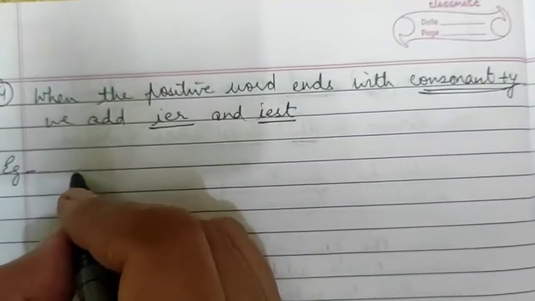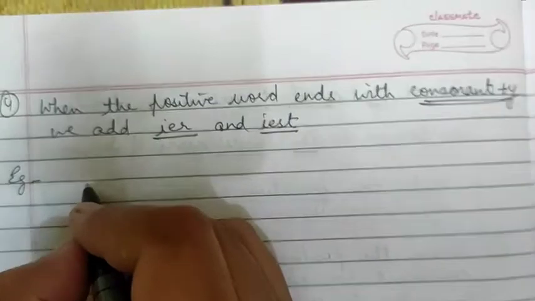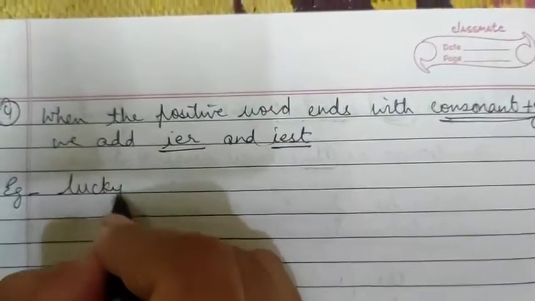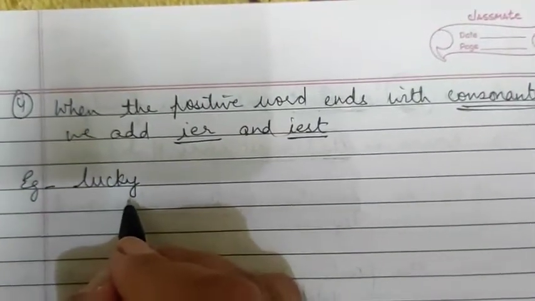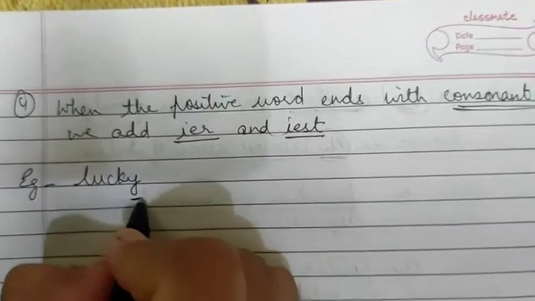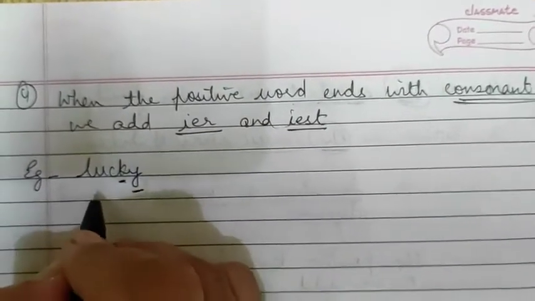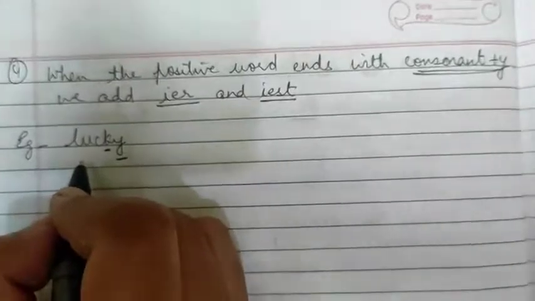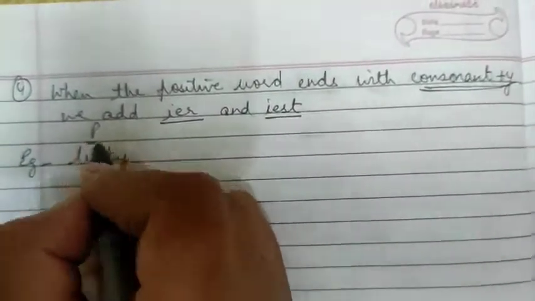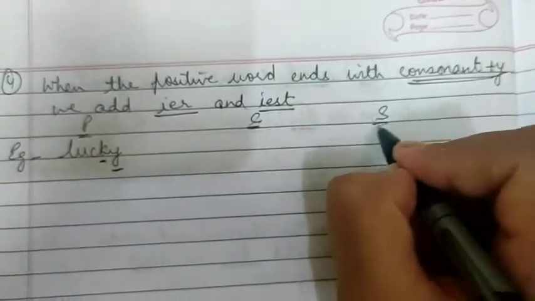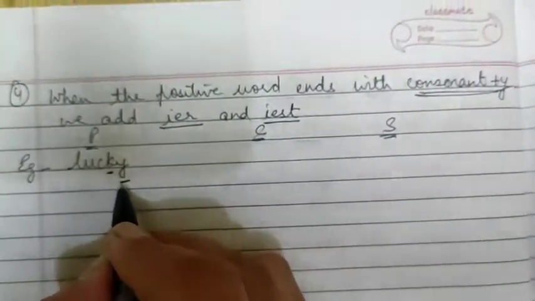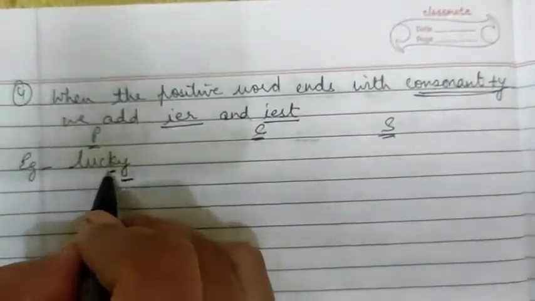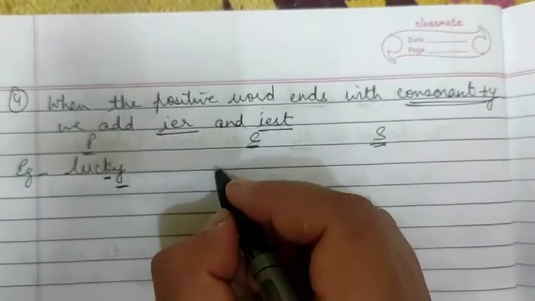Suppose I give you an example, lucky. The word is lucky. Children, you can see here the word is ending with Y, but before Y a consonant is there. K is a consonant. Here is the positive word, here is the comparative and here we will write the superlative. When a positive word ends with Y, but before Y there is a consonant,